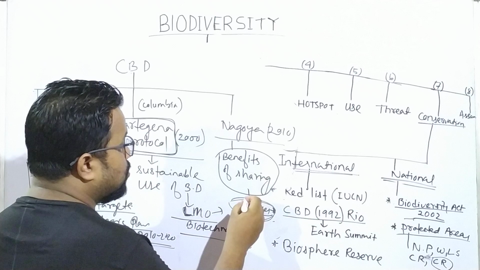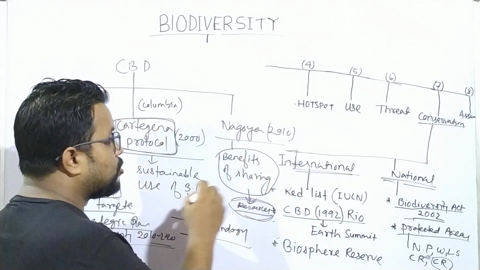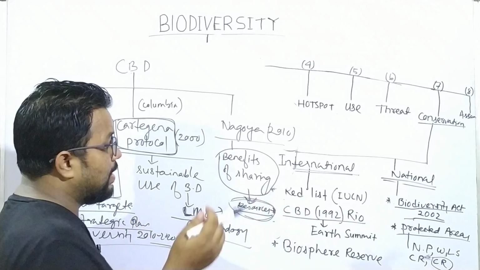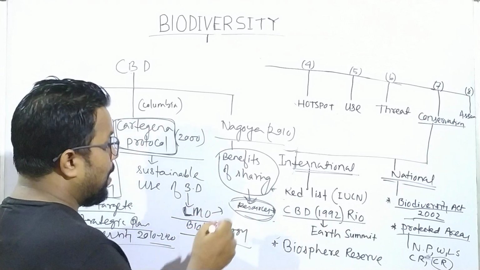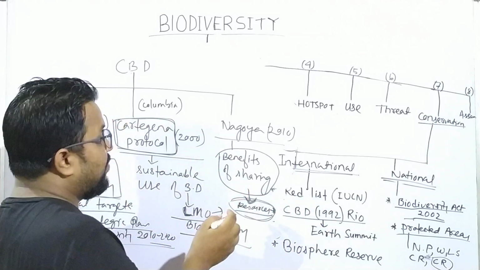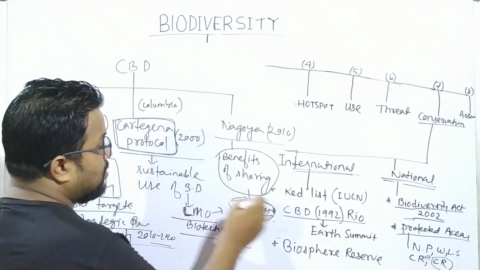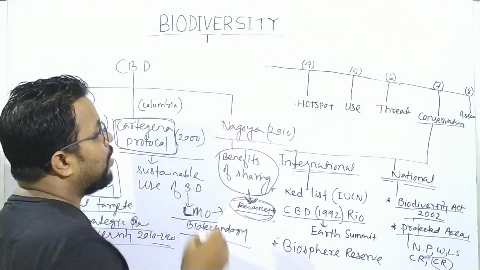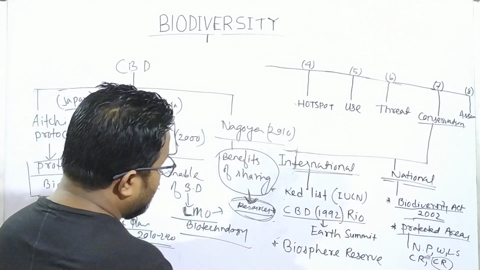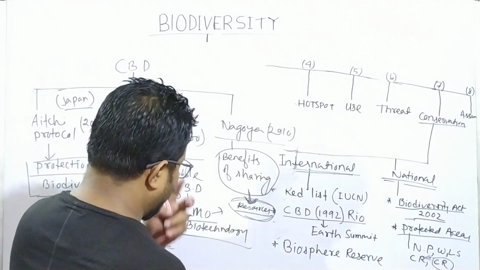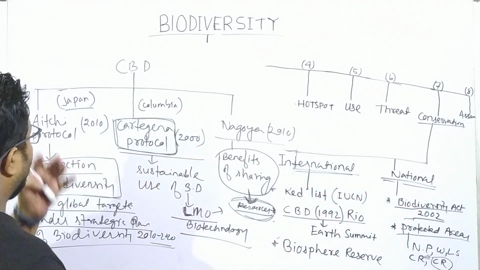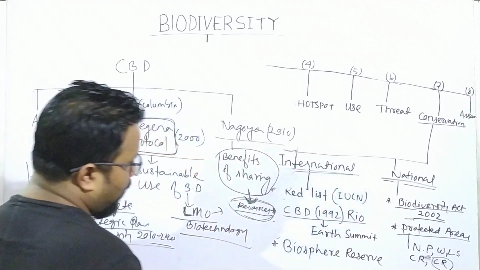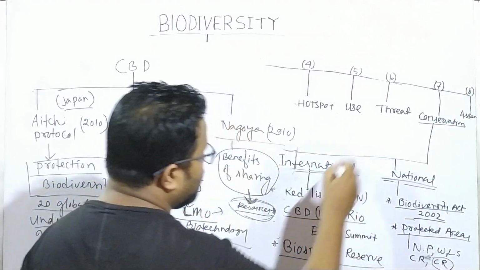The German scientist who used our resources and discovered or invented something got some profits by using our resources, then he has to give some benefits to India because the resources are ours. So that has been ensured by what? The Nagoya protocol. Okay, so these three are what? CBD, Convention on Biological Diversity. Okay, next, Biosphere Reserves. Biosphere Reserve is also an international measure.